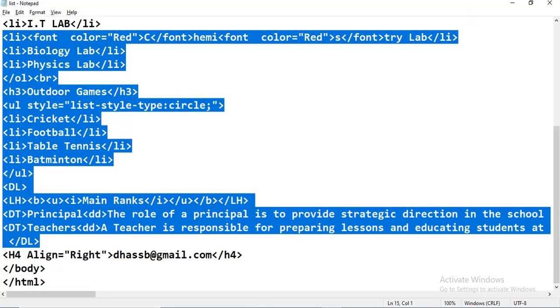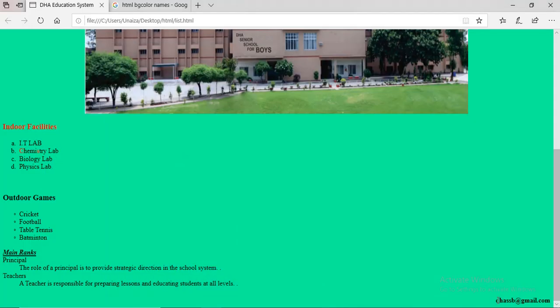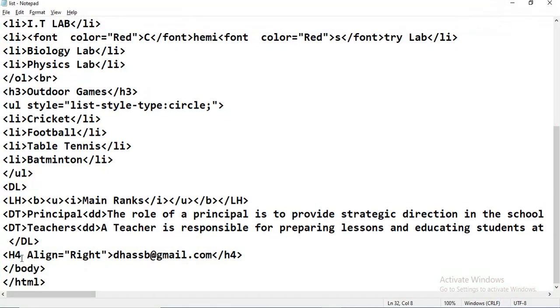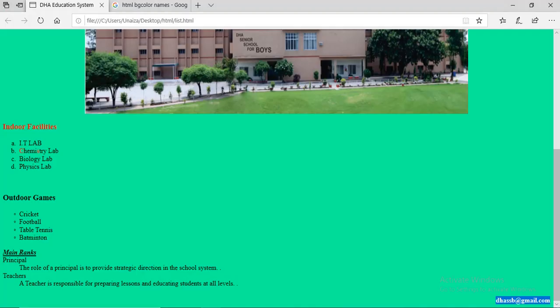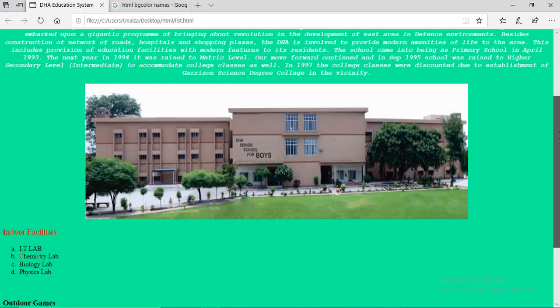Okay, lastly, if you just observe here, I have given the email address of the school. So how you can do that, I just use heading H4 and the alignment is the right side of the page, and then I just gave this heading. So this is it, and this is something very simple.